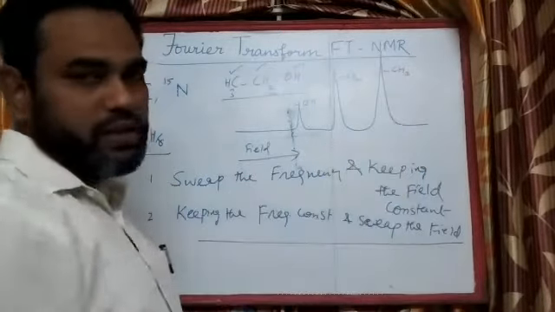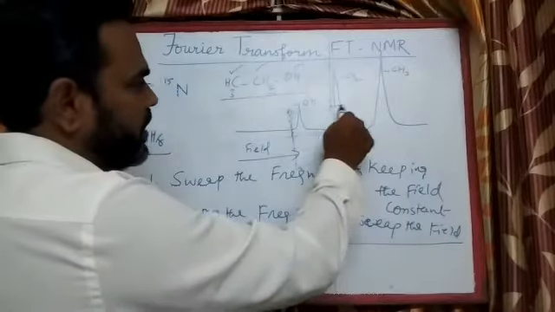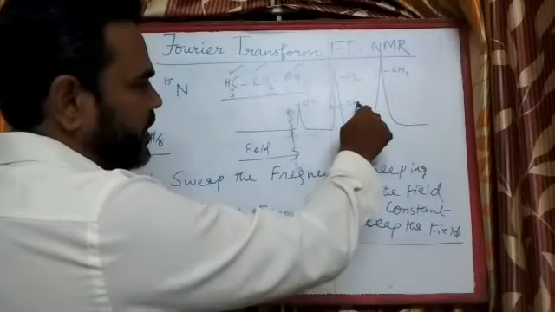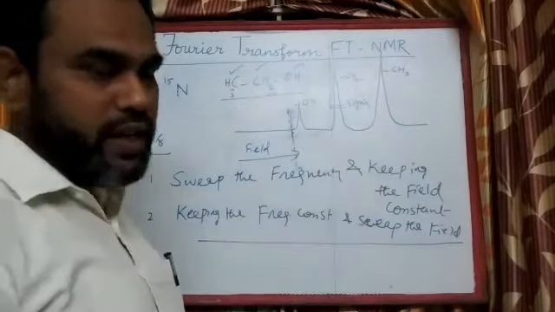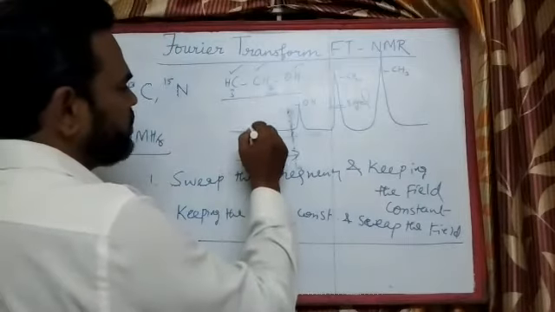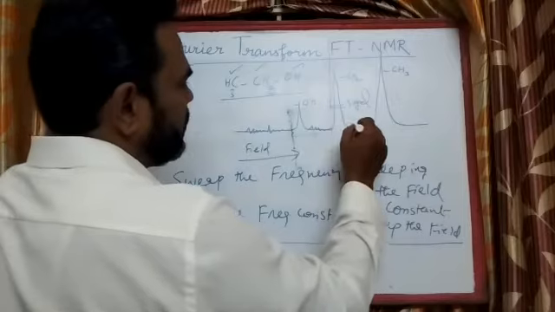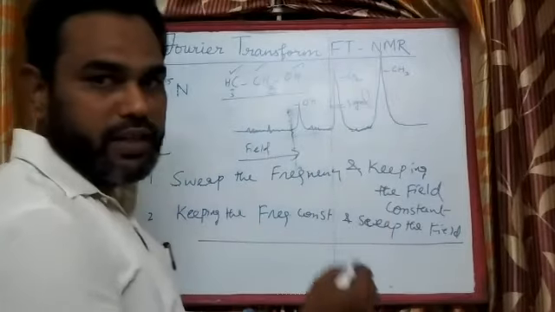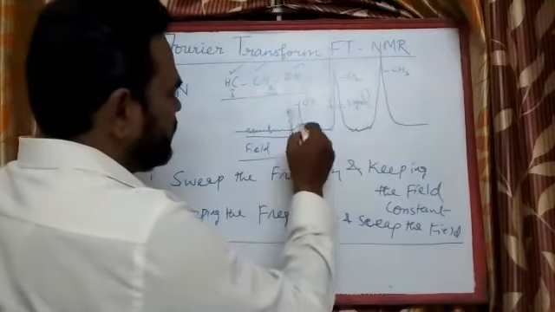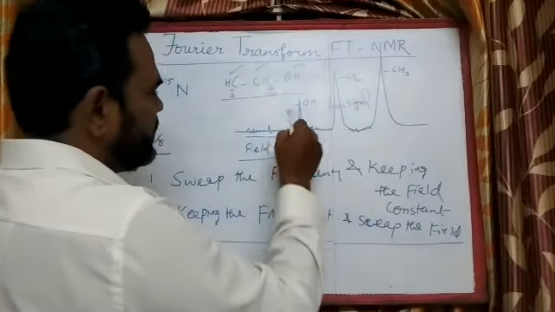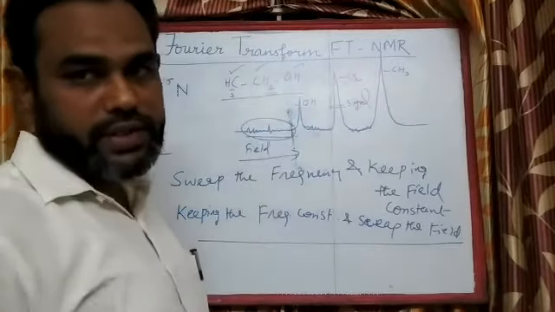and then methyl starts to resonate. So this one is said to be a signal. If you take a real NMR spectrum, you will observe some ups and downs here. It's not very smooth. You will get some ups and downs. So this is said to be a signal, and this is said to be noise.